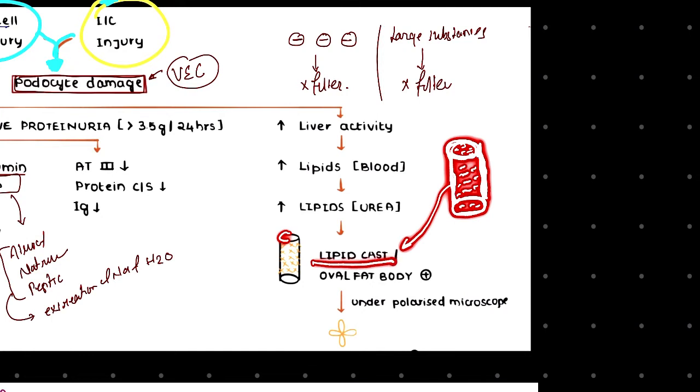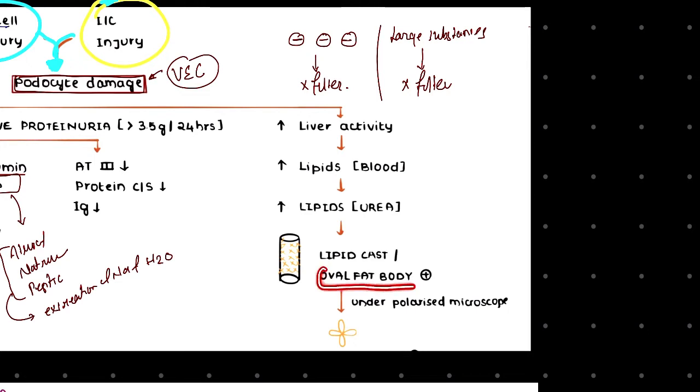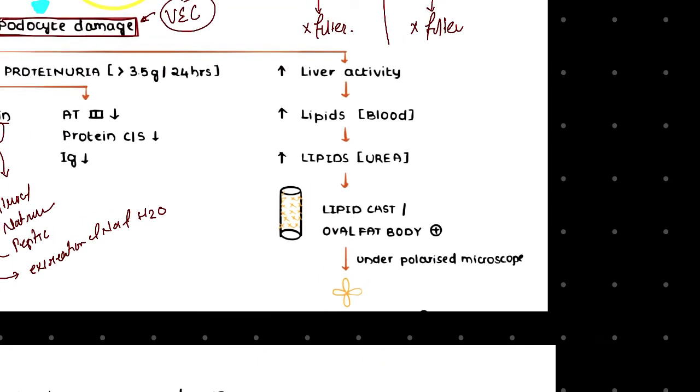This will be called a lipid cast, and these will appear as oval fat bodies. Now if you see this oval fat body under a polarized microscope, the shape of these oval fat bodies will be star-like, like a cross. So the cholesterol esters here will have a cross-like appearance,